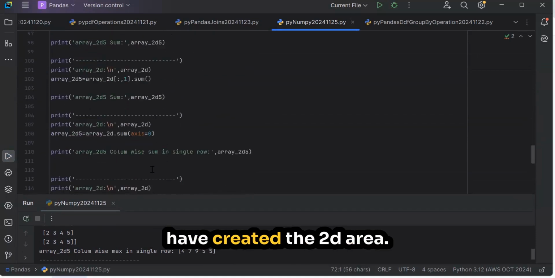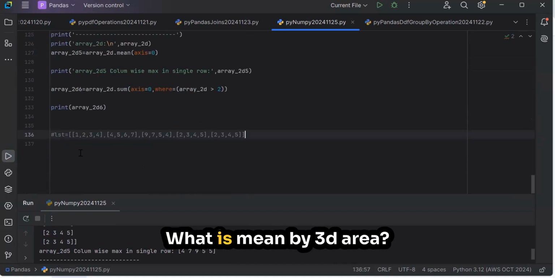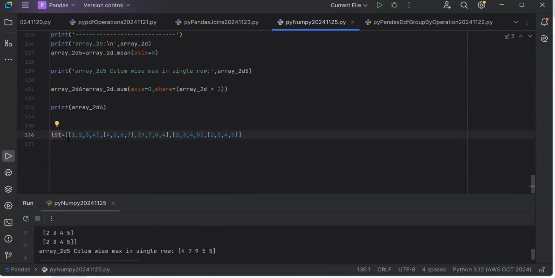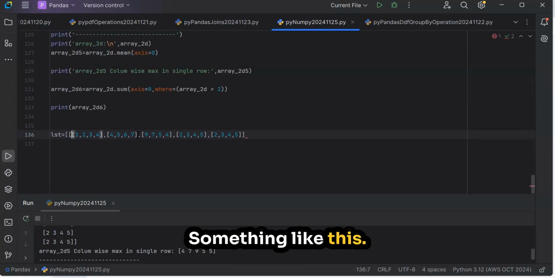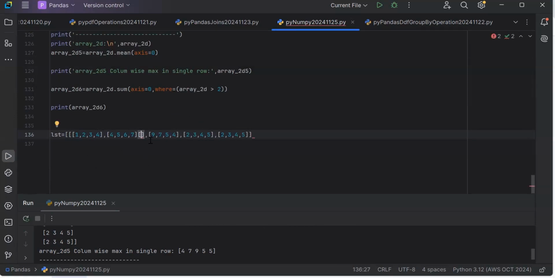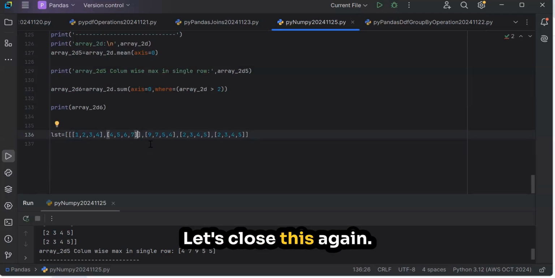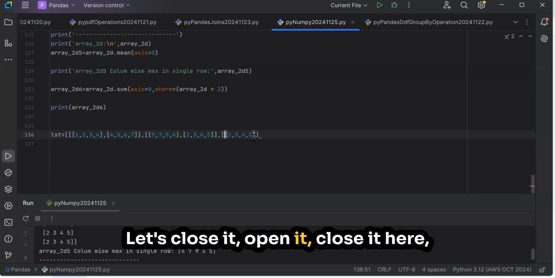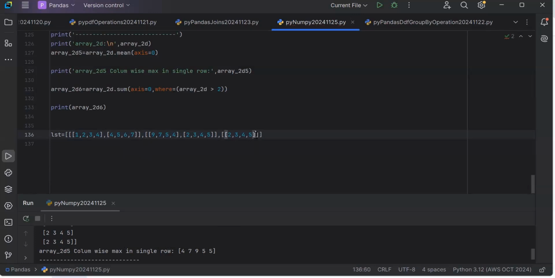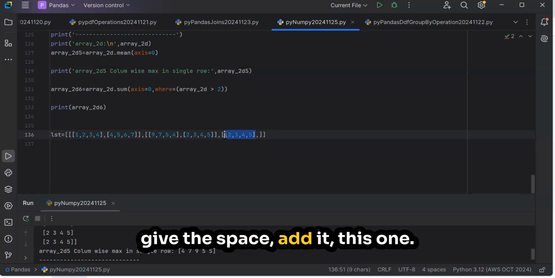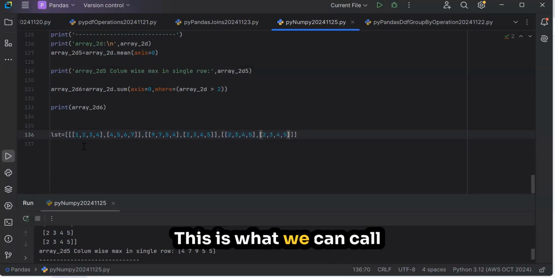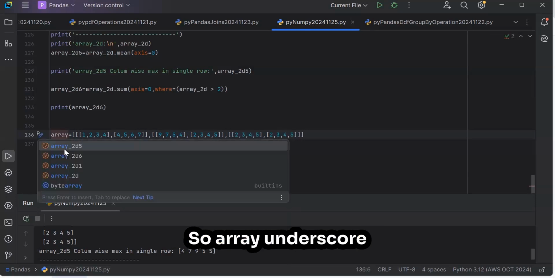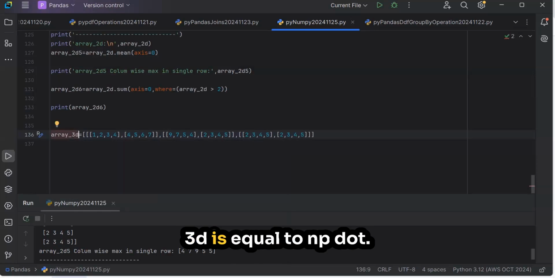This is how you have created the 2D array. What is meant by a 3D array? Something like this. Let's open it for two elements. Let's close it. Let's open it again, close it here. Give the space. Add it. This is what we can call a 3D array, correct? So array_3D is equal to